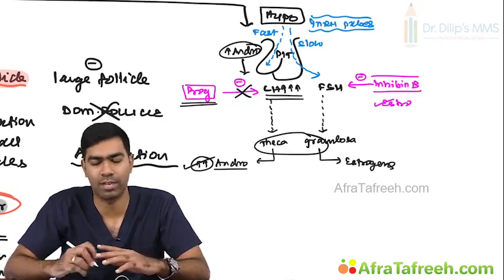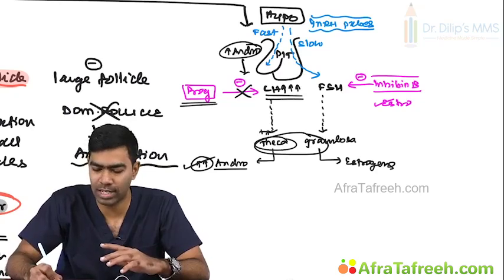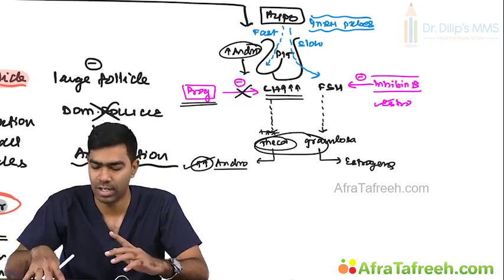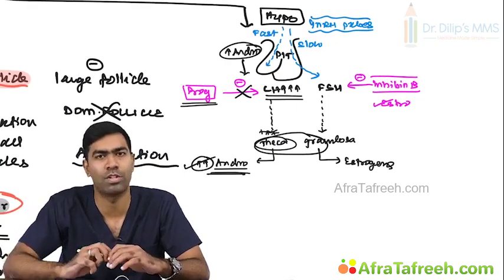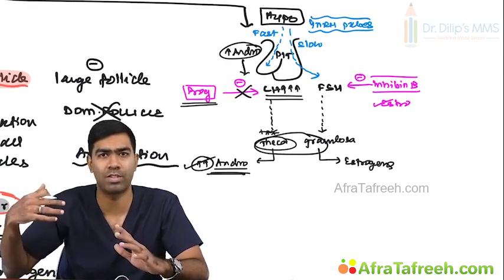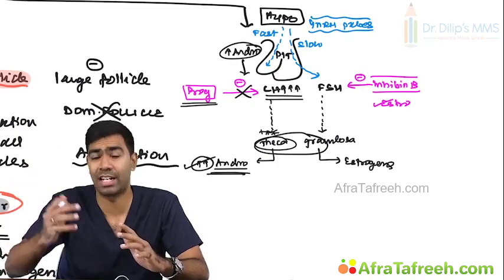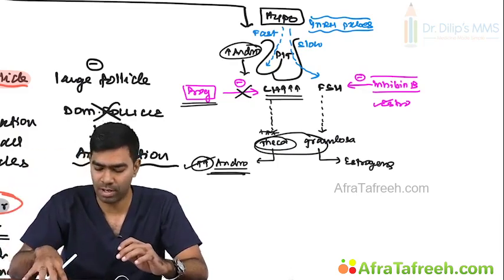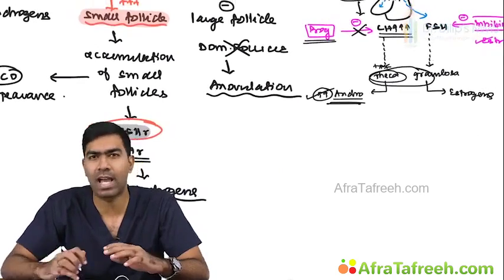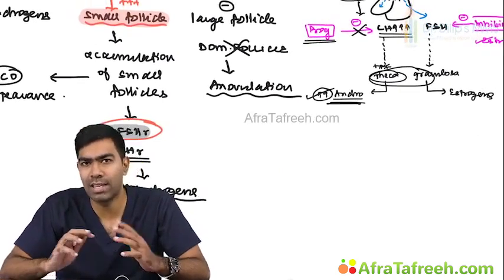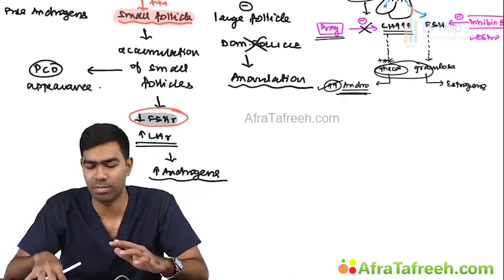LH. This more production of LH means you are going to stimulate the theca cells more. Already the ovary is dysfunctional here. That is going to result in more and more production of androgens, which means this hyperandrogenism is going to sustain itself by producing more and more hyperandrogenism. And at the same time, this anovulation is also one of the key factors for producing more and more hyperandrogenism,